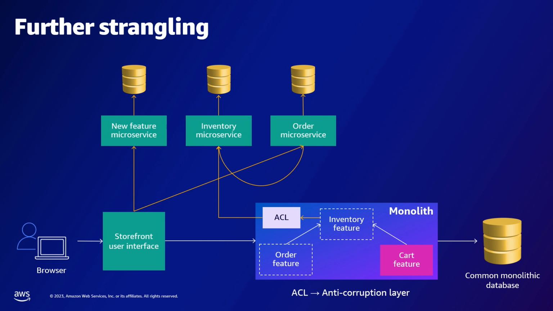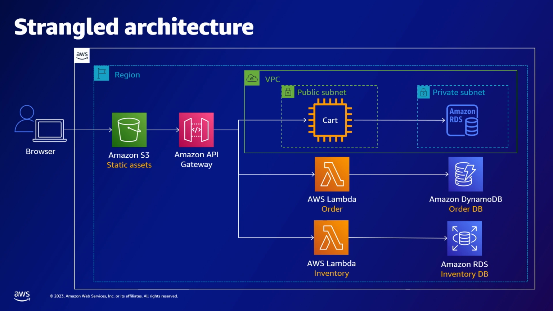The anti-corruption layer will still remain as the cart feature is not migrated yet, and it's required to call the inventory service. Here the order service is implemented using another Lambda function, and it uses a DynamoDB database. The cart feature still exists within the monolith. The end user is not aware that the call is being routed to a microservice, and there is minimal disruption